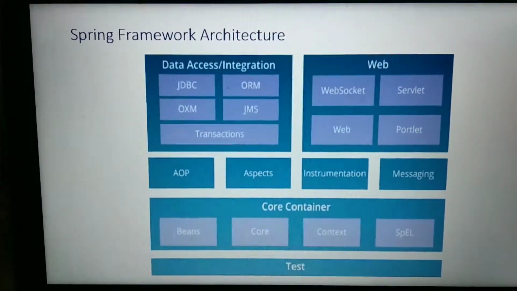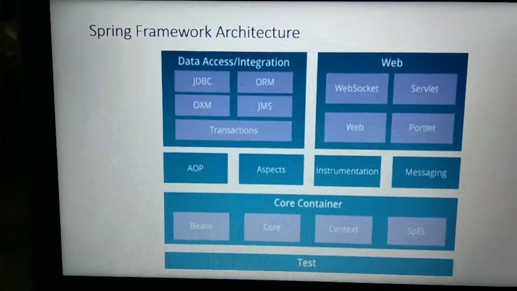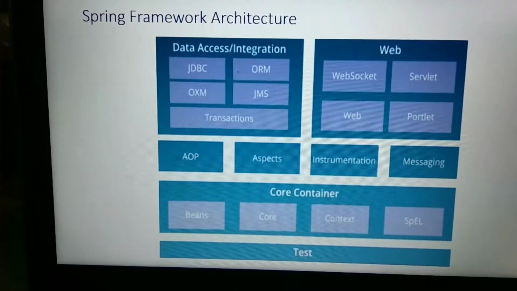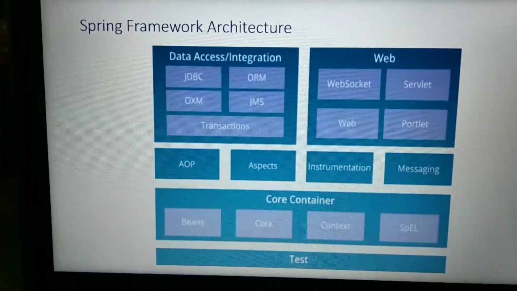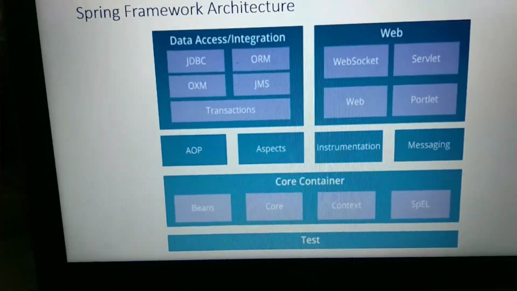Above the core container there is AOP, which is aspect-oriented programming, analogous to object-oriented programming, in which we can learn how to implement cross-cutting concerns.